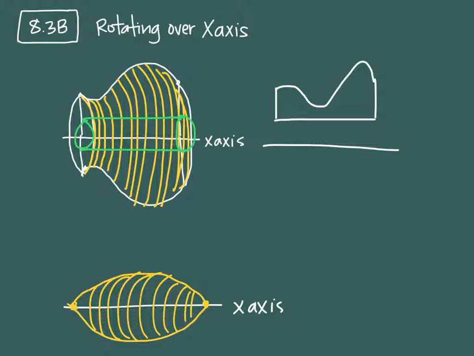So if there's a gap, if there's space between what you're doing and the x-axis, you're going to have a hole in the center, which means all of your slices will be more like bagels or donuts or washers or something with a hole in the middle. And so you're going to watch where your original region is. The top region we call R with a capital,